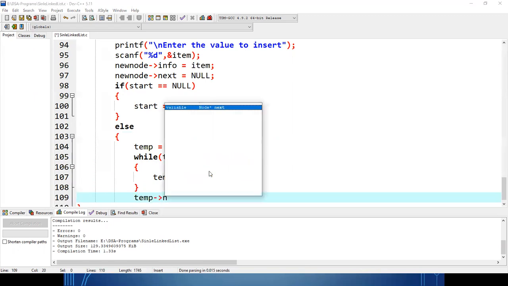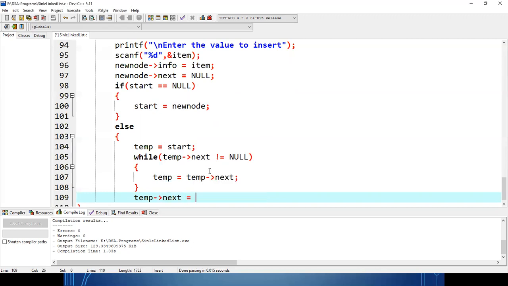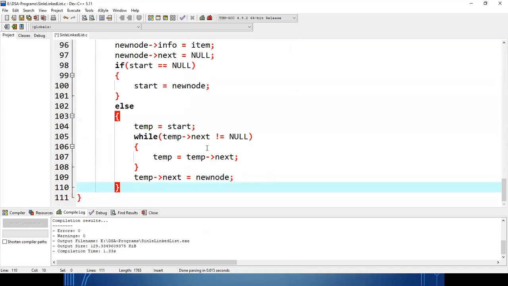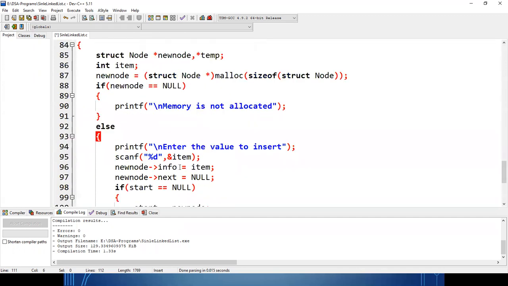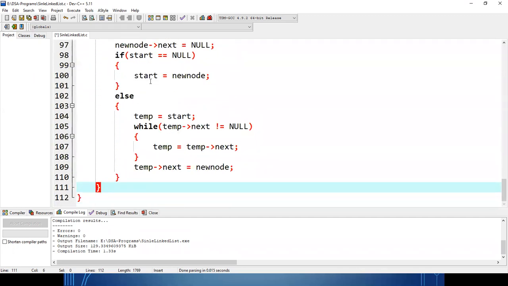Then I need to connect temp next equal to that new node itself. Done. Very simple process. If my start is not null, then start will be assigned to temp and temp will go on searching for the last node. When temp next becomes null, temp will stop there. And then I'll connect the last node with the new node.